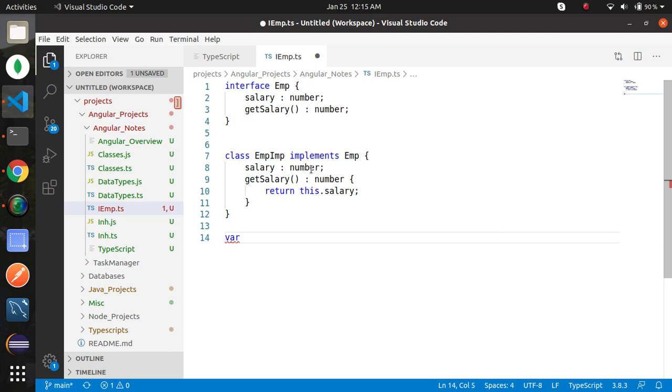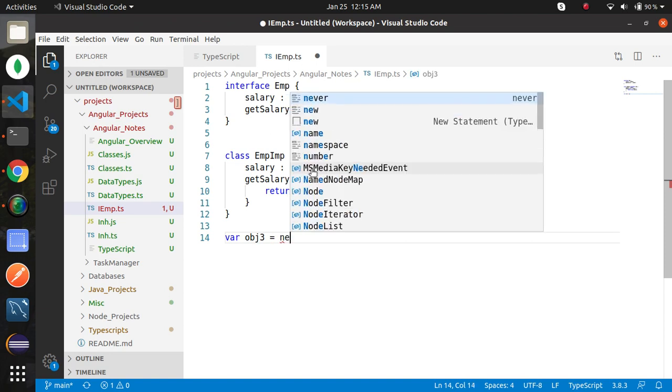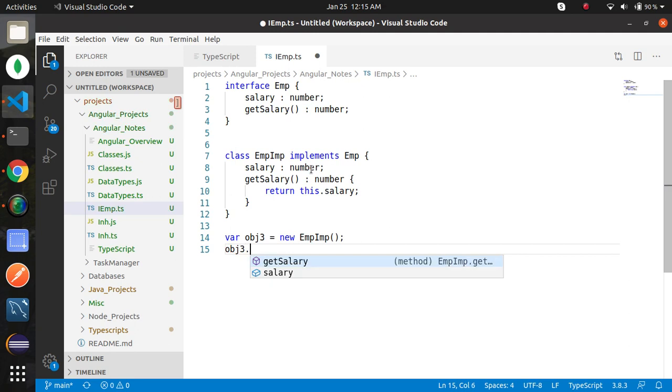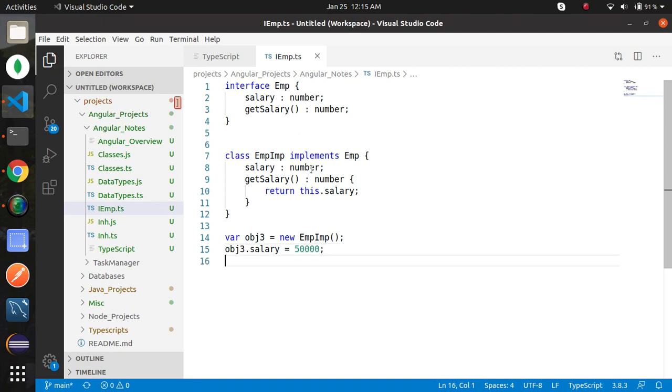Now create an object of the class. I'm creating var obj3 equals to new emp imp. You can assign a value to the salary property: obj3 dot salary equals to suppose 50,000, and use an output statement to get the salary.